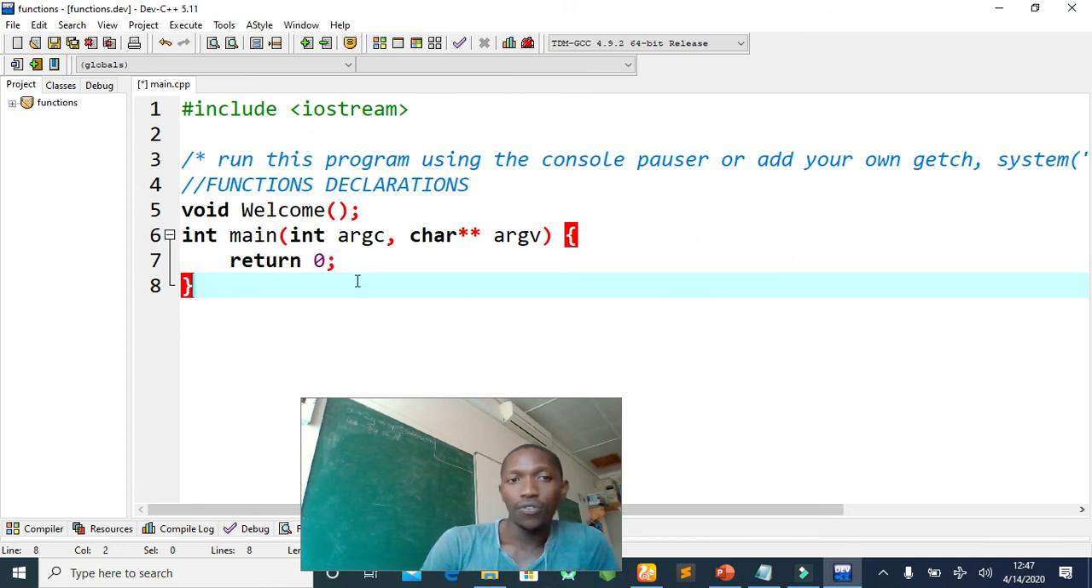Okay. So after you have declared the function, you then need to go and do what? And define the function. What do we mean by defining a function? When we say define a function,